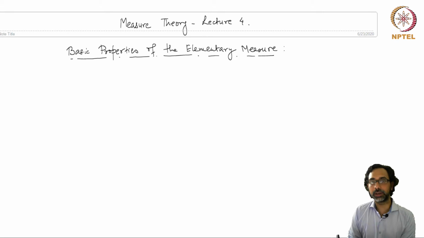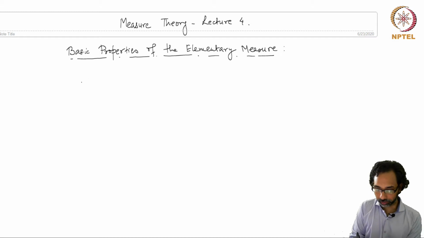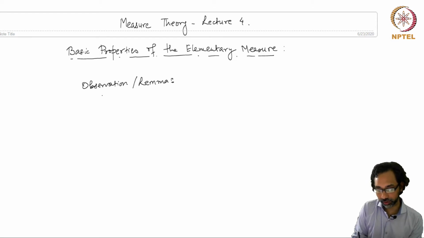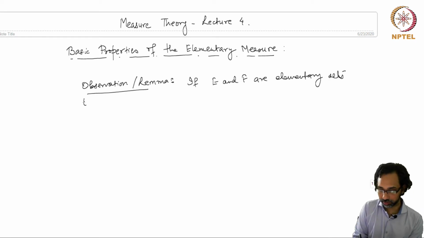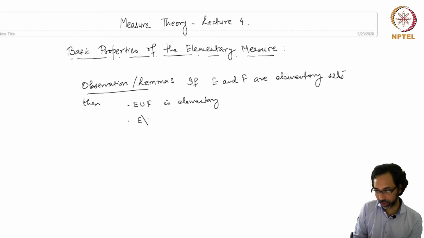So let us continue with our study of the basic properties of the elementary measure. But before we do that, I would like to state an easy observation, or you can state it as a lemma. It is that if E and F are elementary sets, then E union F is an elementary set, E set minus F is an elementary set,